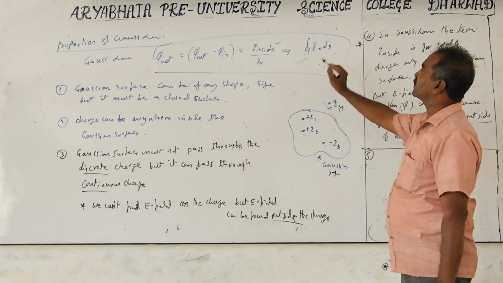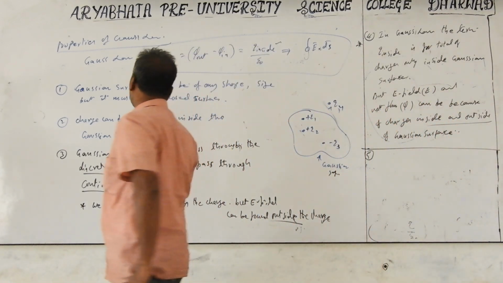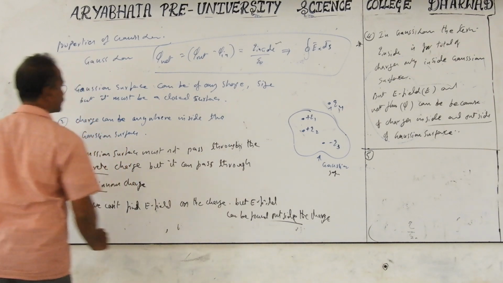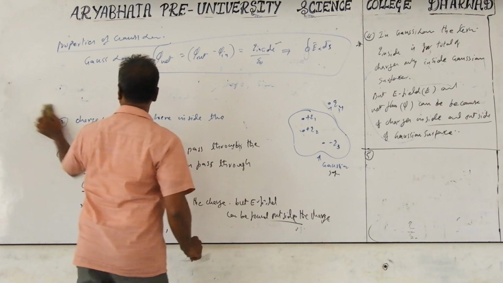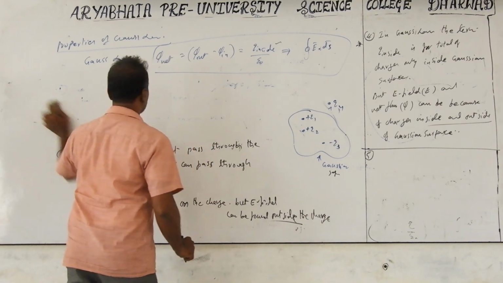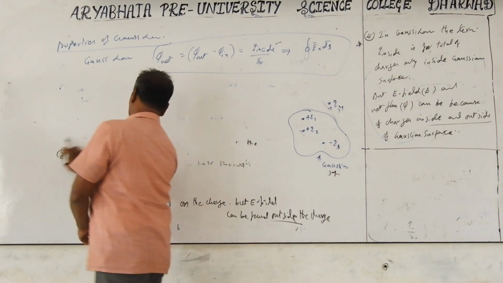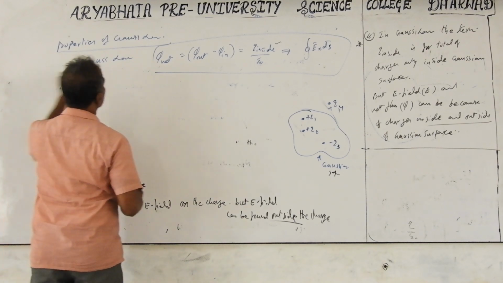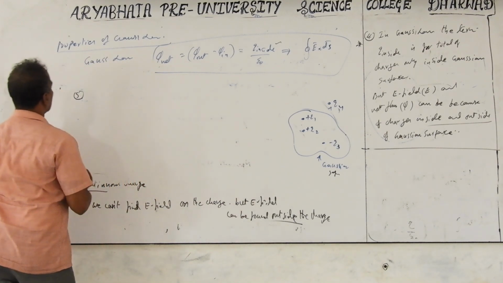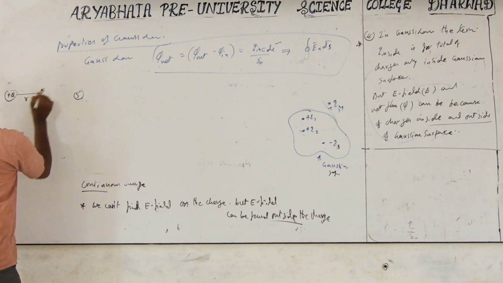In this expression we have the electric field. What is electric field dependence? Is electric field inversely proportional to R square? So if you take the isolated charge, that is the point I am writing here. If you take the isolated charge Q, at a distance equal to R, the electric field is E.